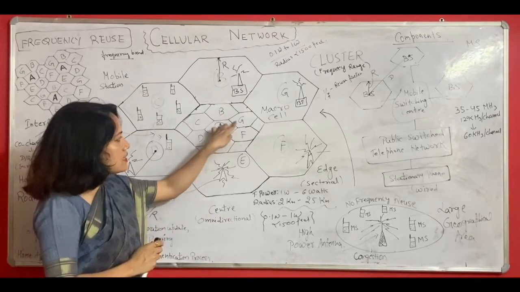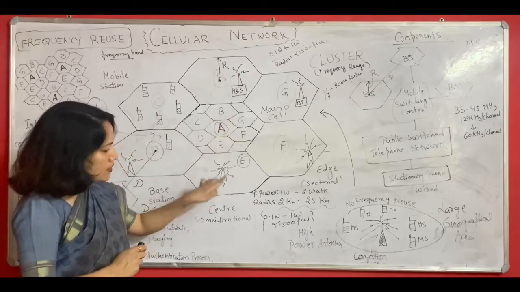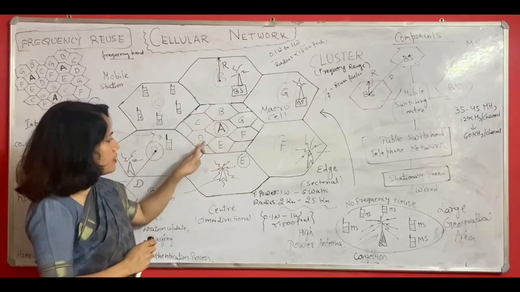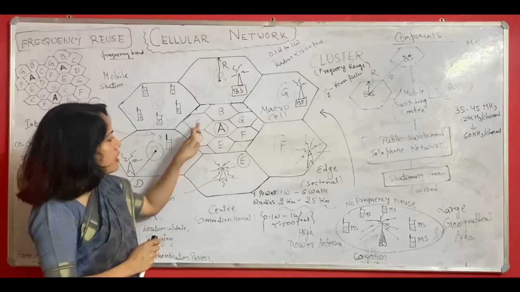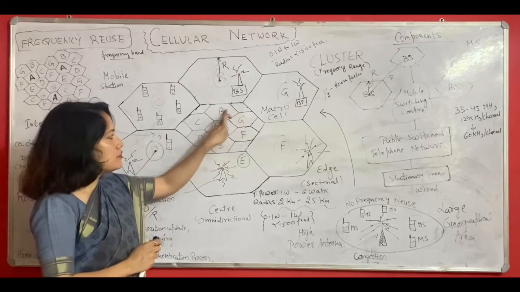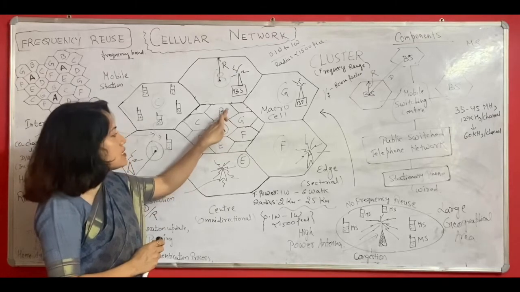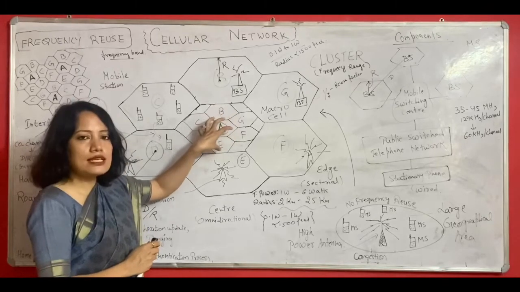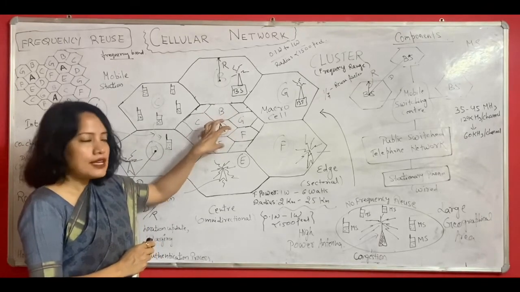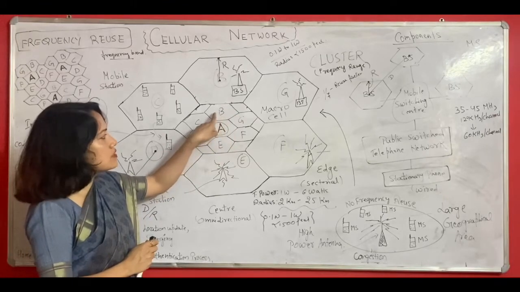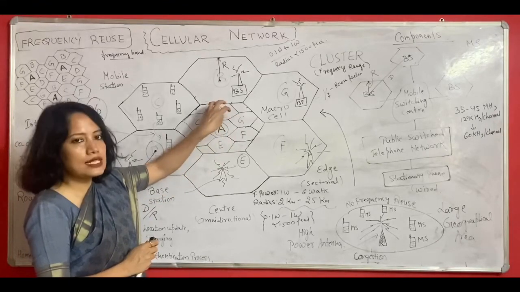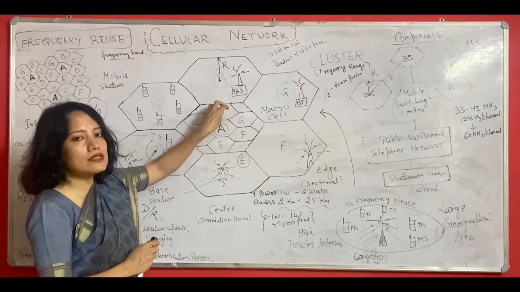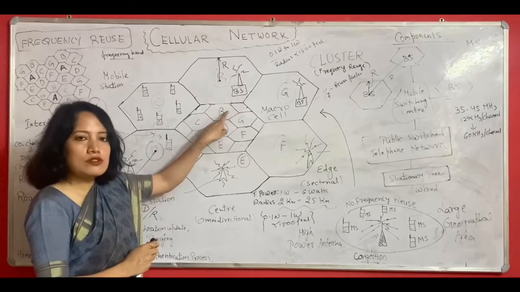Now these cells, if they come in the radius of less than 1500 feet, are called microcells, and within each cell again further low power antennas are placed which are connected to different base stations, and those antennas serve their subscribers within that cell. So this process is called cell splitting. Now this can further be done if, for example, in B the population increases further, then again cell splitting can be done and a high power antenna can be replaced by various low power antennas to serve different subscribers